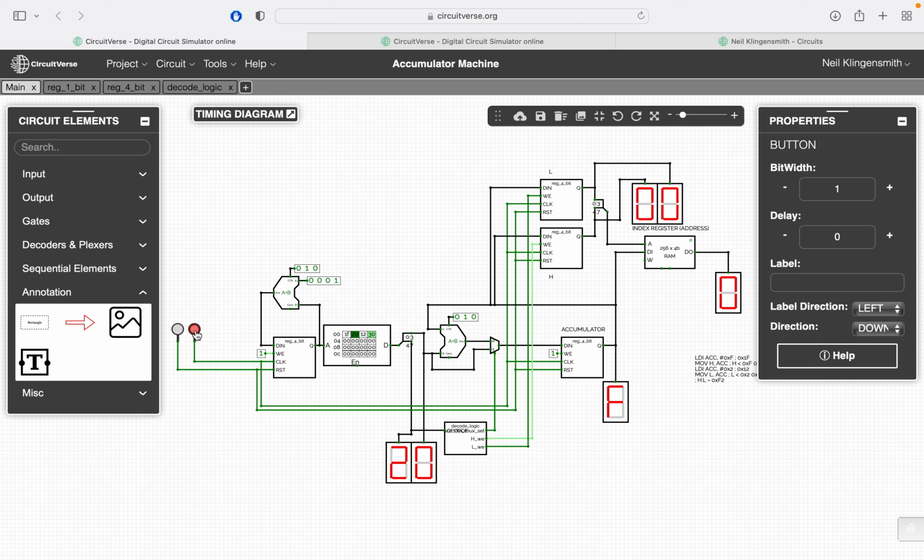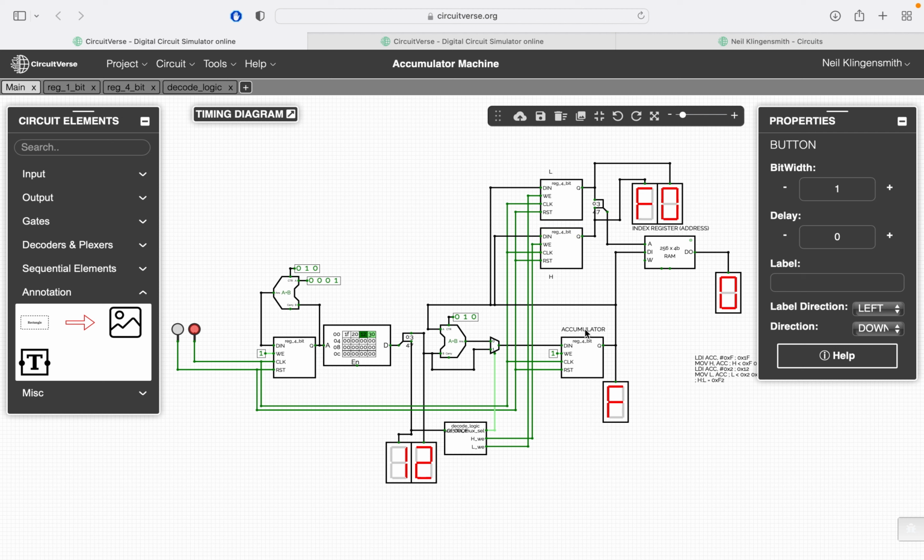So let's click the clock real quick there, and then of course what happened when we did that is our decode logic caused us to transfer the value from the accumulator. So here's the path it took. It went from the accumulator, right? It has the value F in the accumulator. It went up here, and then it went to our H register, to the D in of our H register, and then of course the H write enable signal was high,